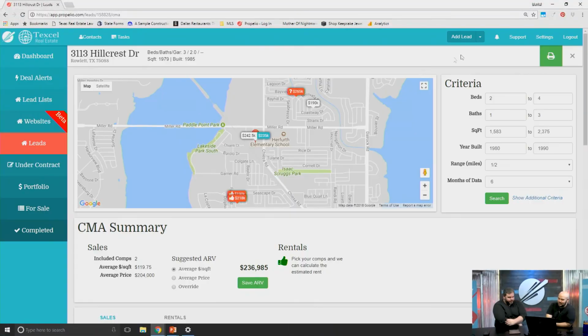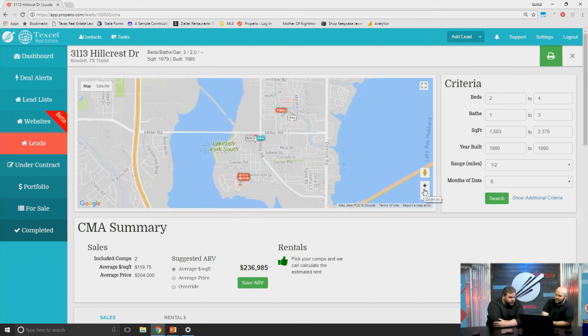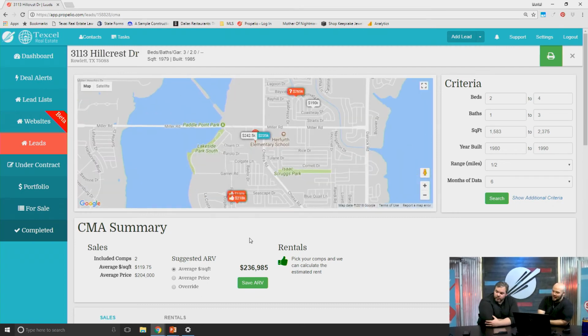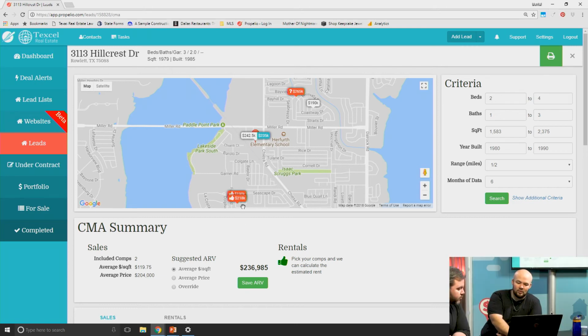Moving on here really fast. I'm not getting too detailed into this, but I've obviously got 3 properties here. I don't particularly care for them 100% because I got a lot of front entry garages. So what I might go ahead and do is, based on the average price per square foot of those 3 properties that are all very nearby, it looks like about a $236,000 property based on that. And once again, you would need to confirm all this. I'm not performing this for anybody out there. I'm just kind of showing you an example of how I'd run through and analyze a property.